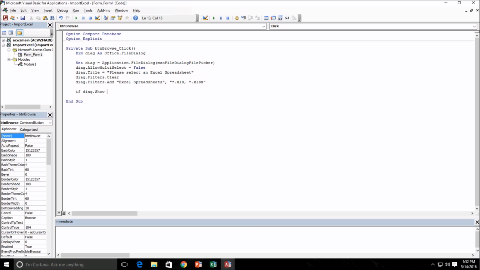So wrapping this .show in an if statement checks to see if the user has selected any files at all. And if they have, then we'll do if diag.show then, and I'll put my end if here. So if they did select something, we're actually going to need to access the diag.selectedItems collection. And this is a collection, and as such, since it's a collection, we need to iterate through it using the for each loop. So even though there's only going to be one item selected, we still want to loop through the selected items